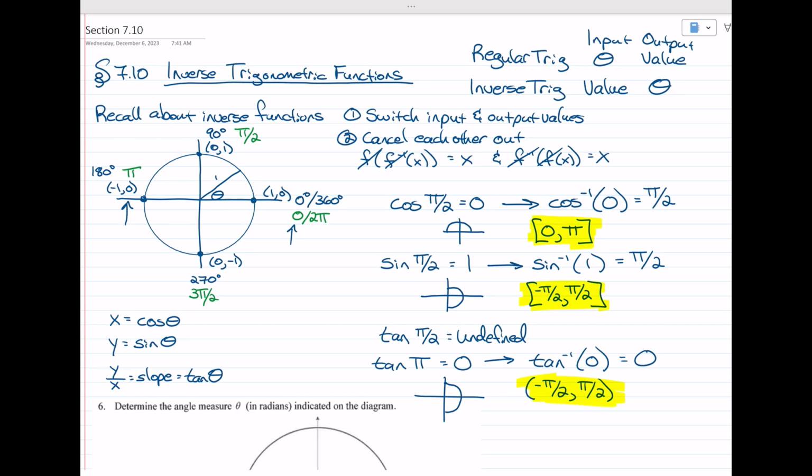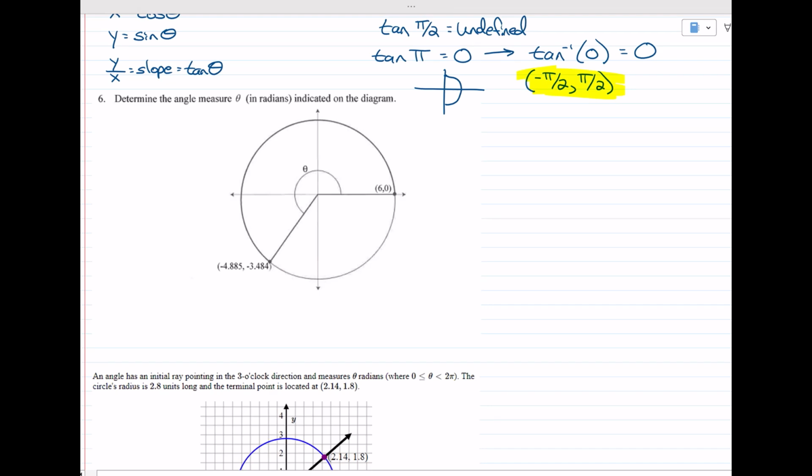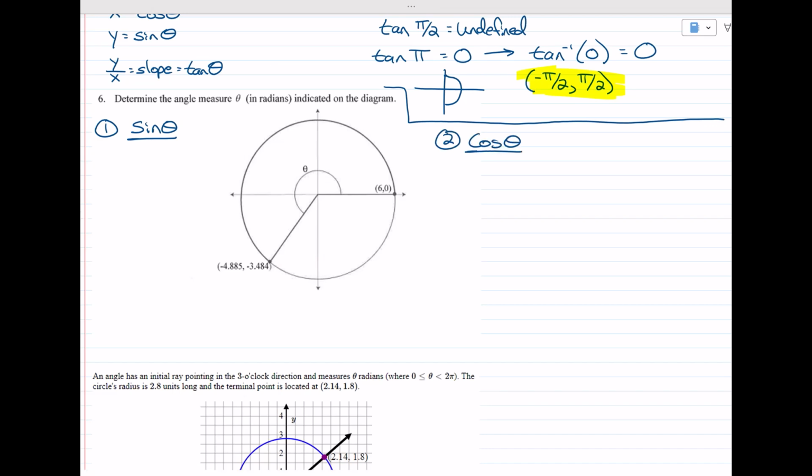So let's take this and apply it to our investigation problems. This first problem: determine the angle, measured in radians, indicated in the diagram. We're actually going to do this 3 different ways. One way we'll do it is by using sine. Another way is by using cosine. And the last way is by using tangent. Then you can figure out which way is easier for you. So first thing